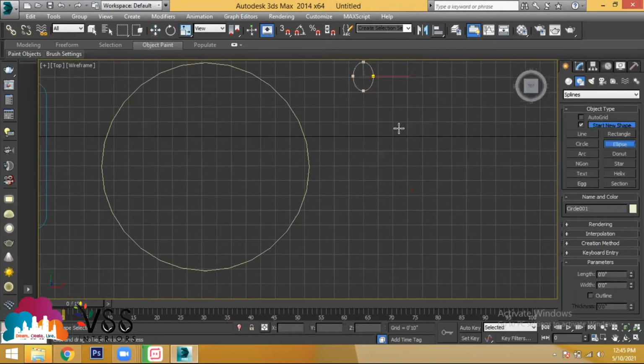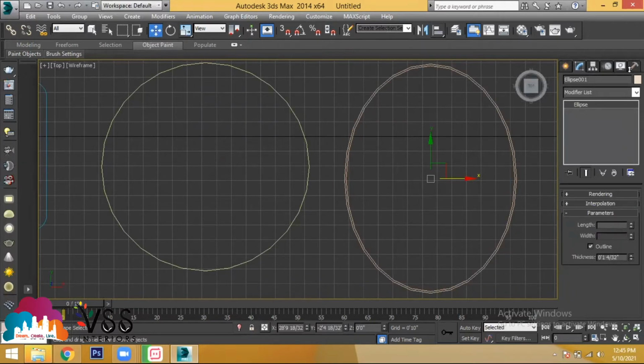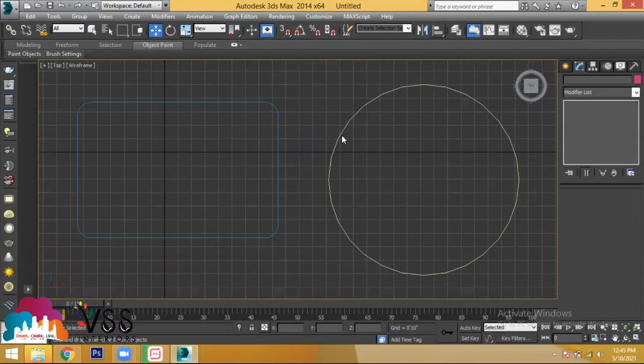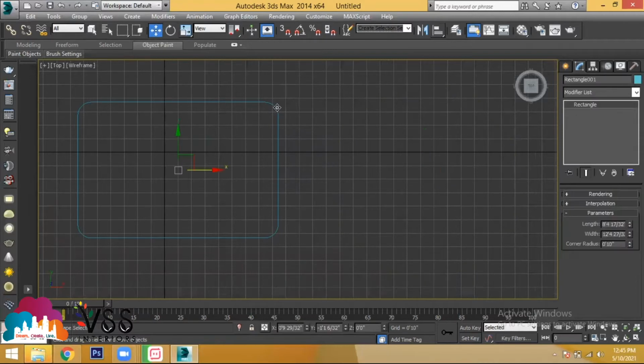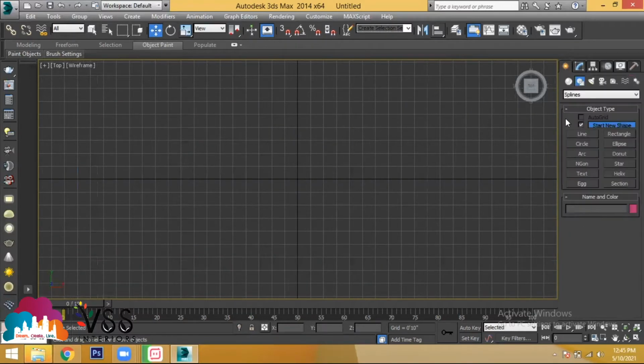If you go with an ellipse, even if you drag it, you will find the option of how much length of the ellipse you need and how much width of the ellipse you need. If required, you can provide an outline, that is two ellipses, which gives you the extra part. So these are the modifications you are able to give in the 2D sketches for rectangle, circle, ellipse, arc. Every tool has its own modifications. But coming to the line tool, you will not find the options to provide dimension for the object.